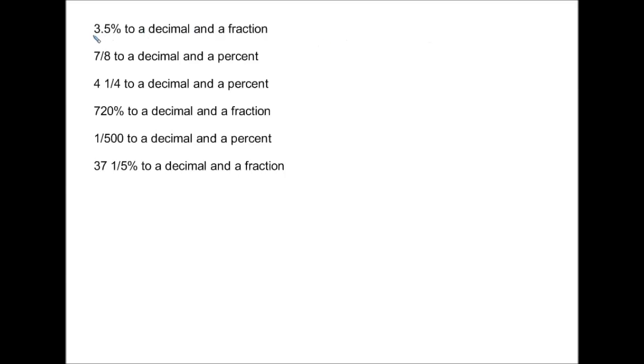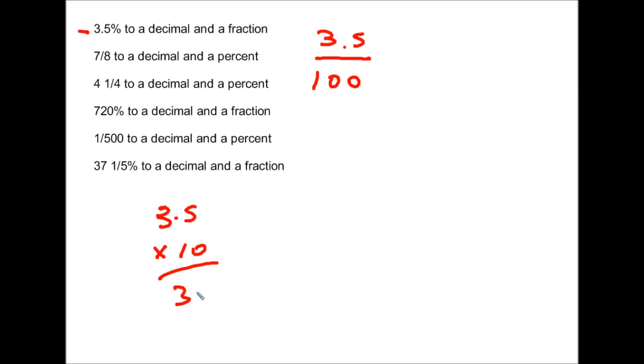So let's start with 3.5%. We want to change that to a decimal, and we want to change it to a fraction. Anytime you see a percent sign, you just take the number and put it over 100. Well, now I have a decimal inside of a fraction. To get rid of this decimal, I can multiply 3.5 times 10. So 3.5 times 10 would be